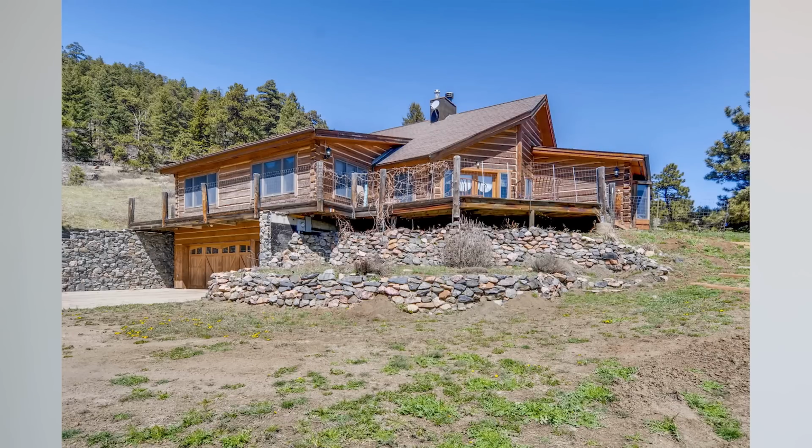If I could describe this next property in 2 words, they would be absolutely perfect. Shadow Wild is a complex of beautiful historical pioneer cabins on 164 acres in Indian Hills, Colorado, which is just outside of Denver. This property is being marketed by Good Mountain Real Estate, and the agent, Katie Linder-Jesse, who is in